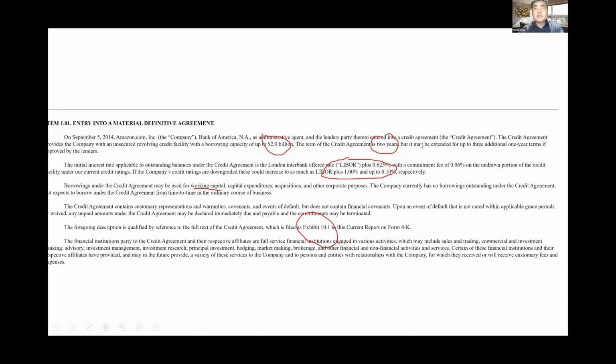You guys can see the loan is very different. This is a credit agreement. When a corporation borrows money, there are two types of borrowing. One is a credit agreement, which means they can use the money anytime they want. It's like a credit card. Another one is the fixed loan. With the fixed loan, they get like $2 billion today and they can use that. So this is more of a credit type of loan.